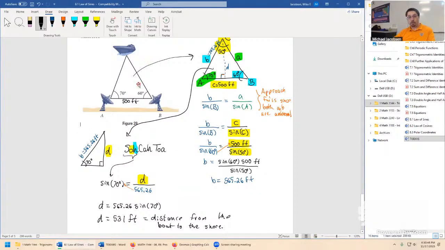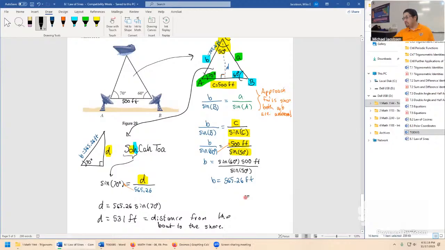But it's kind of a big approach. We used law of sines, finding one angle, extracted the triangle, and then used the ordinary right triangle trigonometry to get the final distance. But any last questions or comments, folks, on finalizing this one? Okay, well, we did it, folks. This is law of sines in a nutshell.